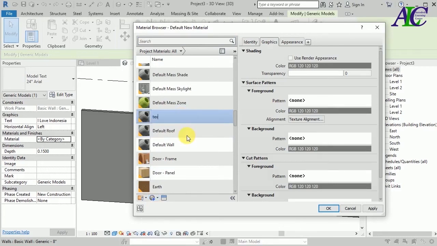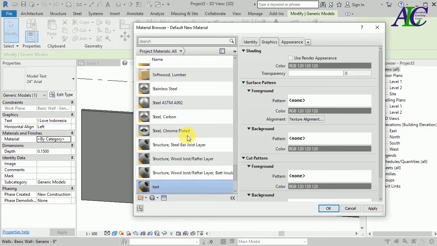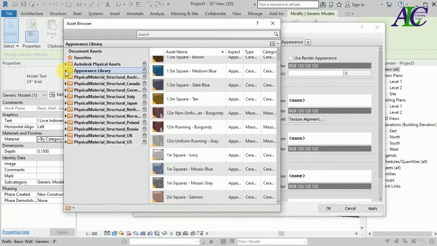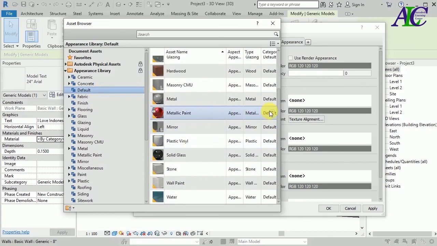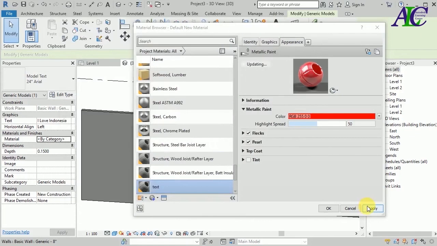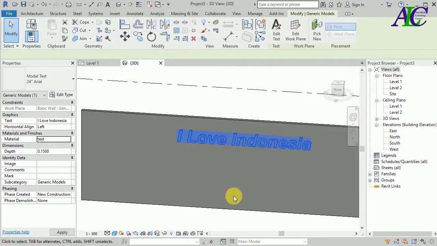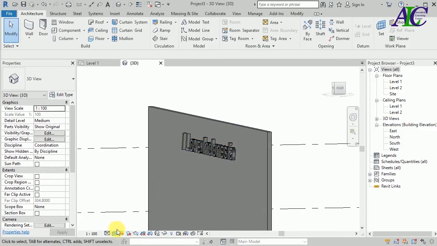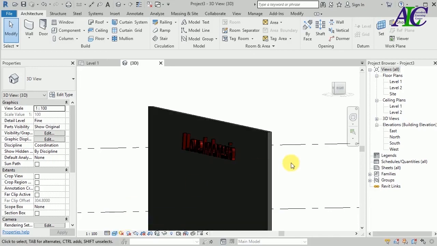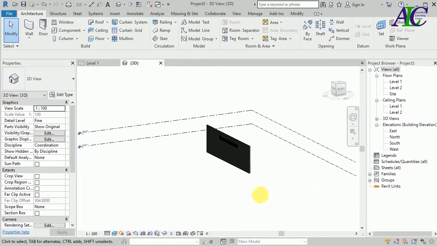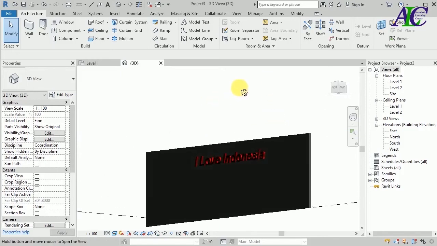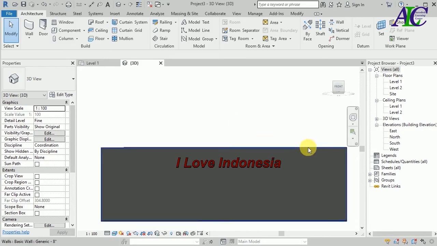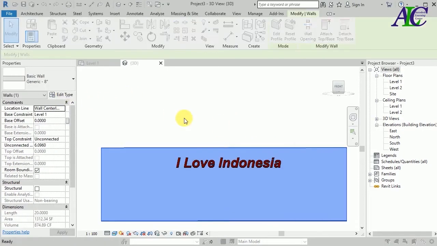Okay, so let's create some material for this. So let's find some material like this, right? Okay, so let's change to fine, and also let's change to realistic. Yeah, this is how it looks, and maybe if we change this material to some white material, maybe